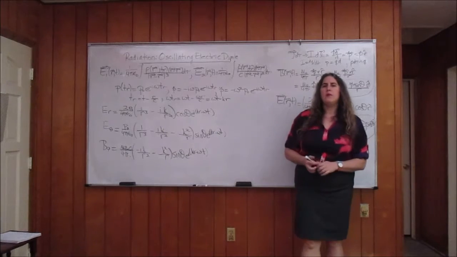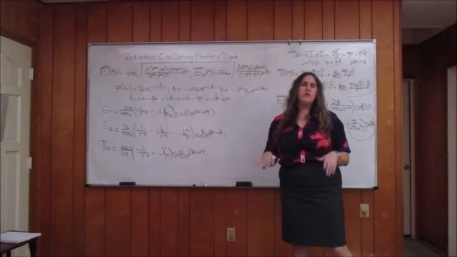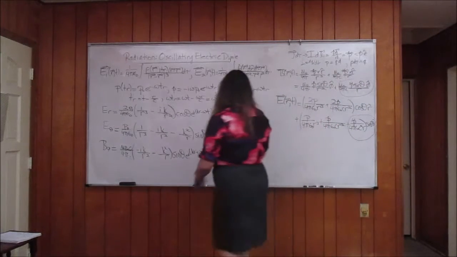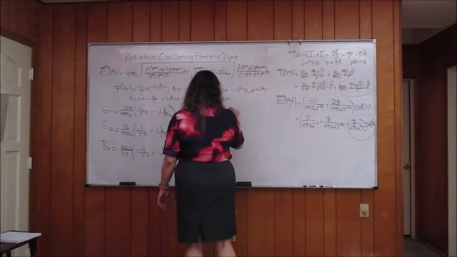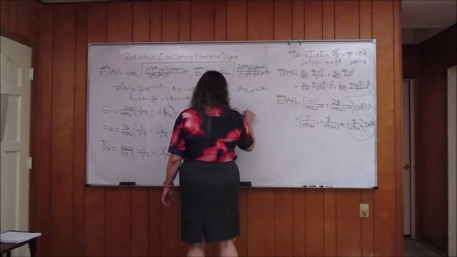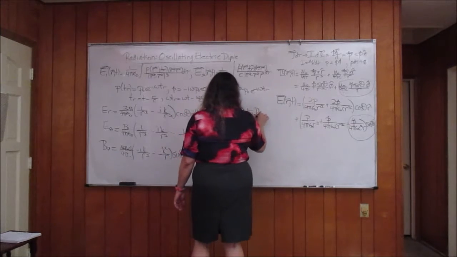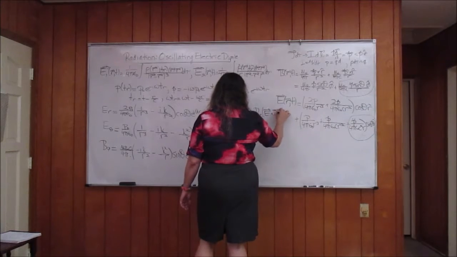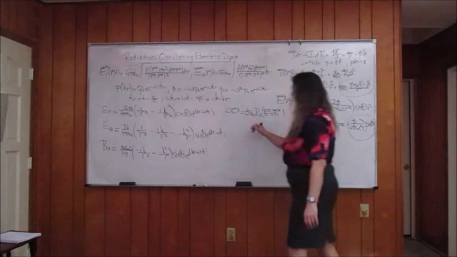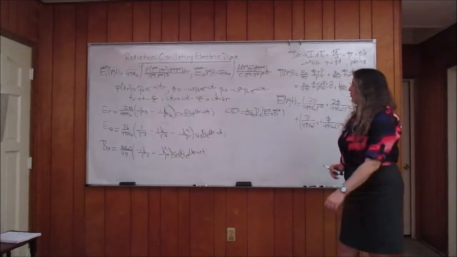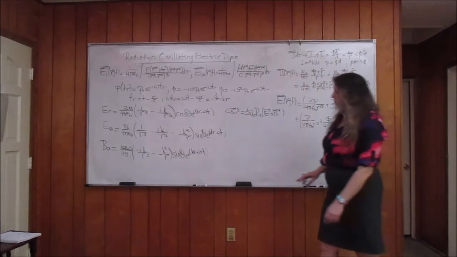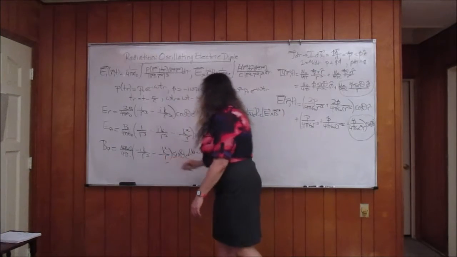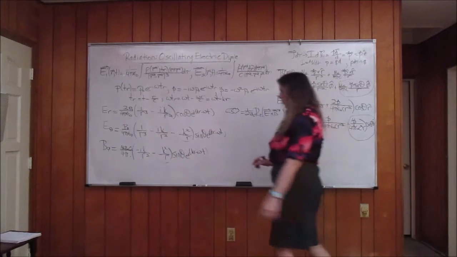To wrap this problem up, let's now look at the Poynting vector and figure out how much power is actually radiated, since we're only interested in the radiation fields. And we're actually looking at the average Poynting vector in this case. I'm only going to consider this term and this term. So